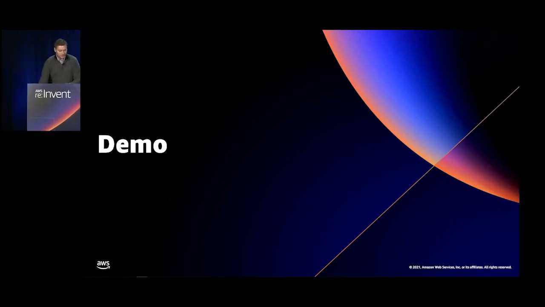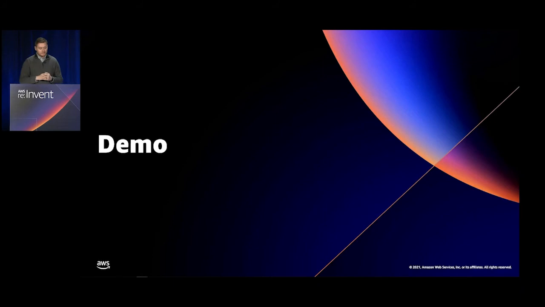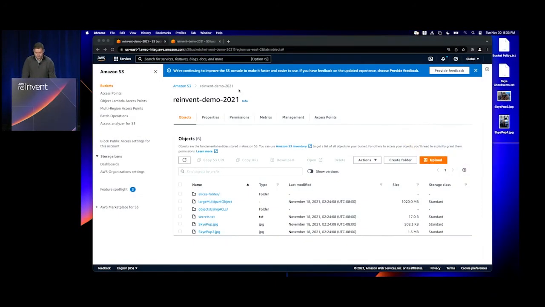In this demo, we'll cover the 3 new features launched today and coming soon. We'll start by demonstrating the object ownership enhancements. Then we'll use the new IAM policy validator tool to write some new bucket policies. And finally, we'll upload some objects with the new checksum options coming soon. So today I'll be using the AWS console for this demonstration, but you can do this with the SDK as well.